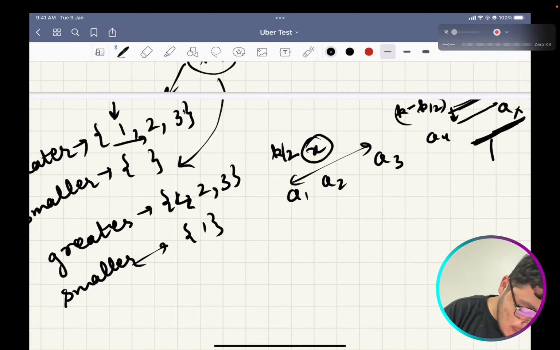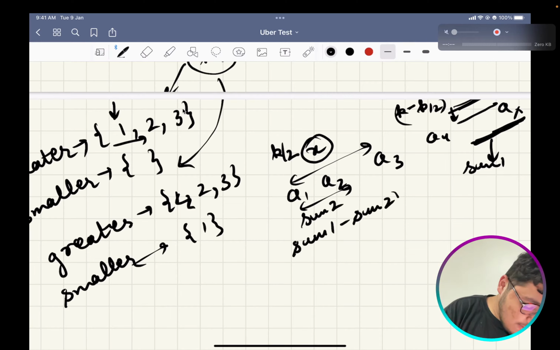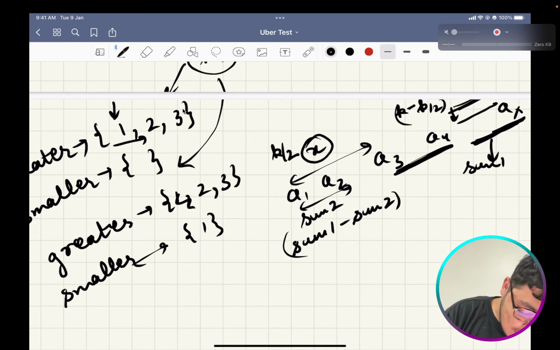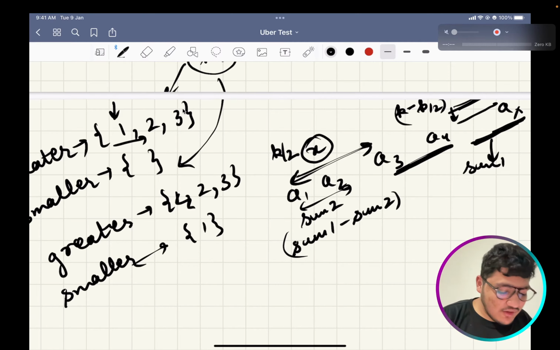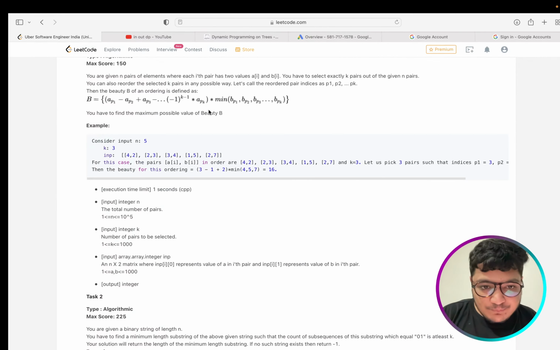Once you have calculated sum 1 and sum 2, you subtract these two sums, and you don't need to consider mid values. You only need to consider these k by 2 values. Your aim is to maximize your answer, so you would be considering the minimum values for the subtraction and the maximum values for the addition.